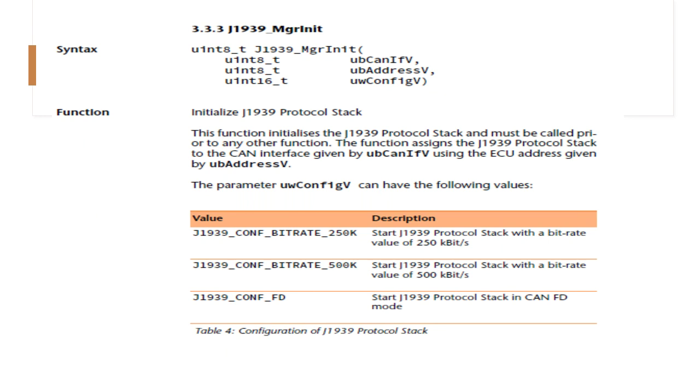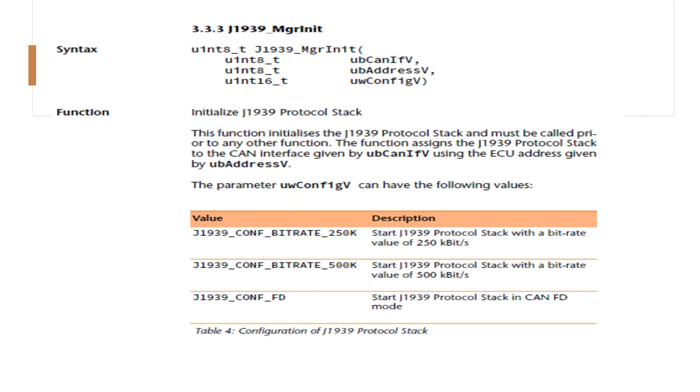This initializes the protocol stack and must be called prior to any other function, which we saw in our overview. We already discussed it while initializing. The function assigns the protocol stack to the CAN interface given by ubCANIfv using the ECU address given by ubAddressv. So two parameters we discussed. The third parameter is uwConfigv, which can have the following values.